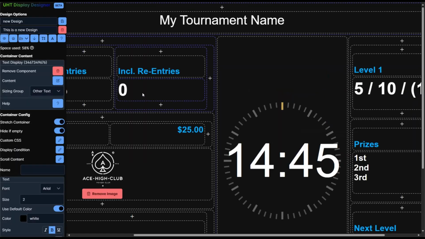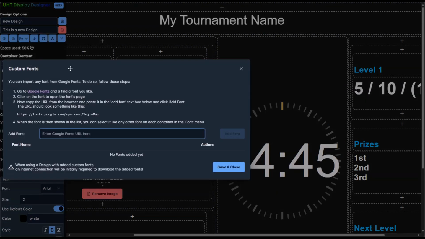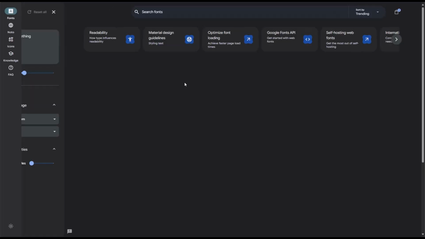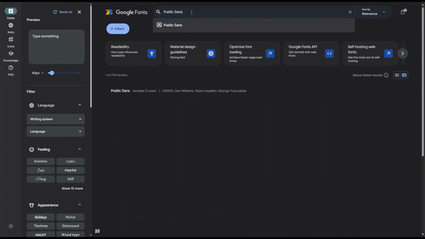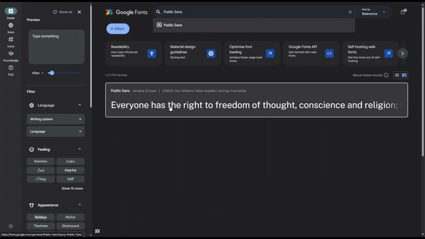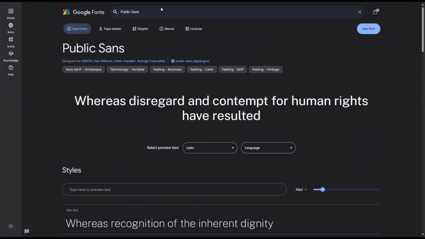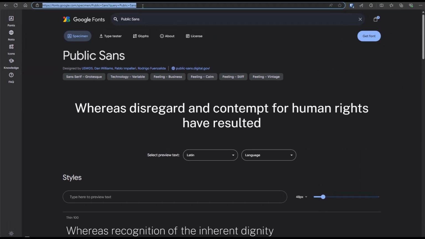So let's go back to the designer, and we have this button here to manage fonts, and this will get this pop-up that will allow you to import any font you can find on Google Fonts. So let's click on the link here and search for the font Public Sans. If we click on it here, we can select the URL of it. You can see it here. We can just copy it